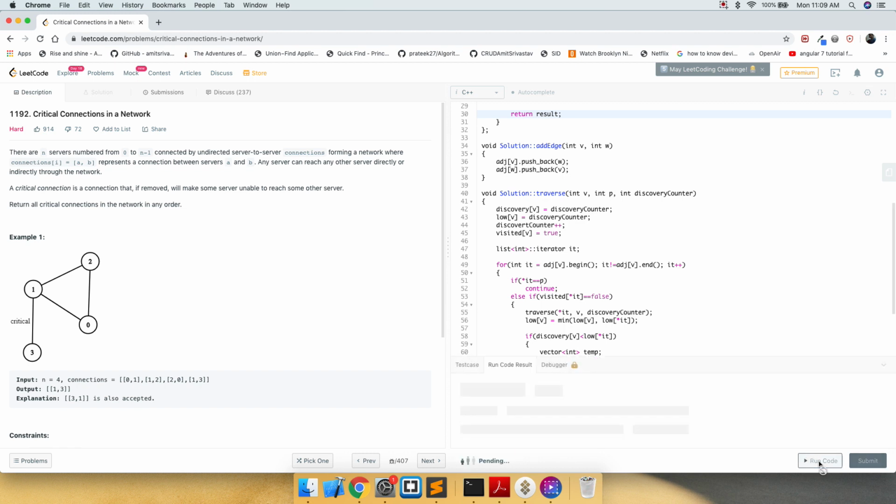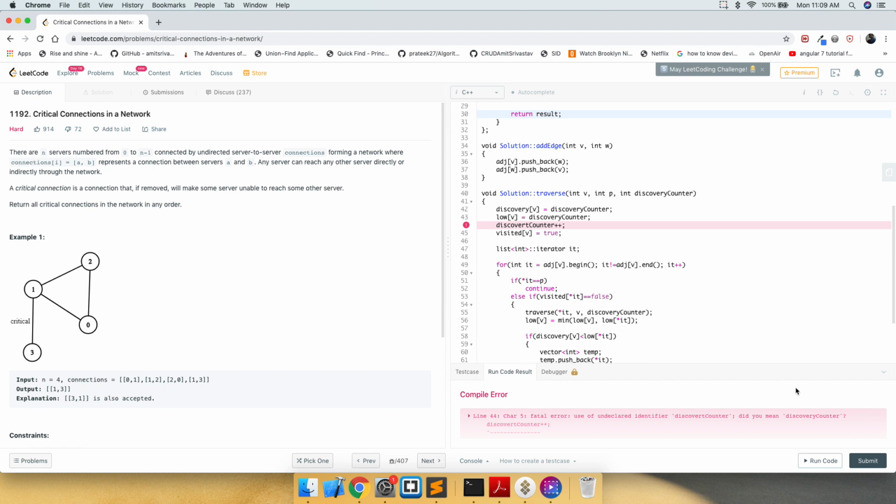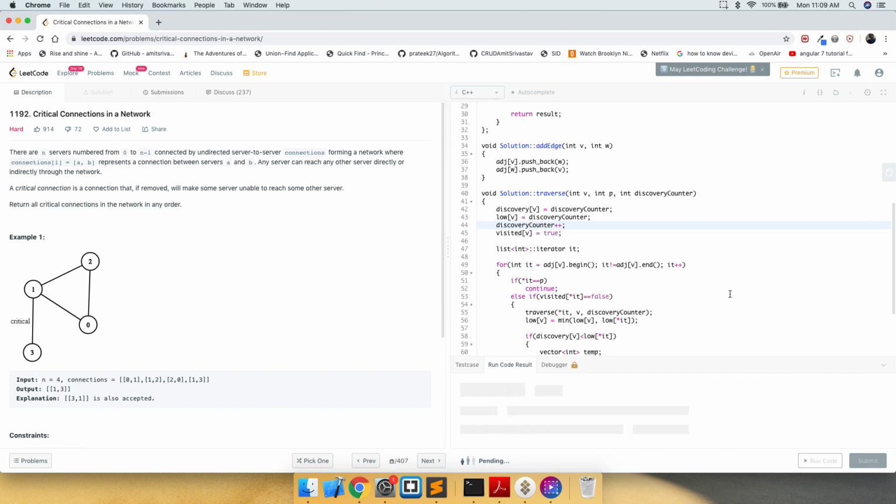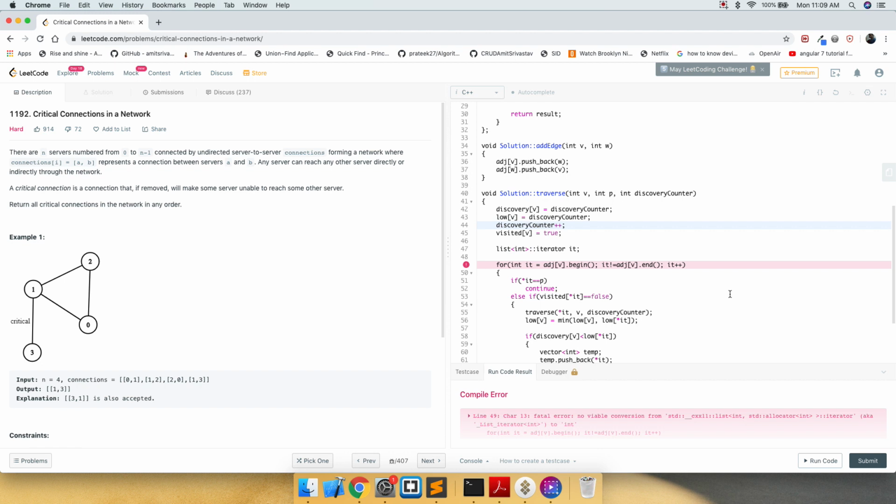Let's give it a try. Oh, shoot. There's no variable conversion from, what did I do wrong here? Oh, int it.